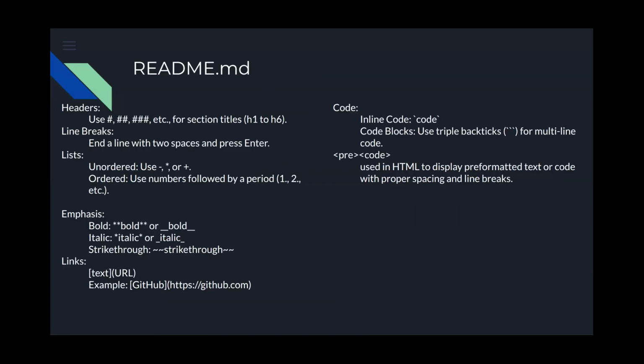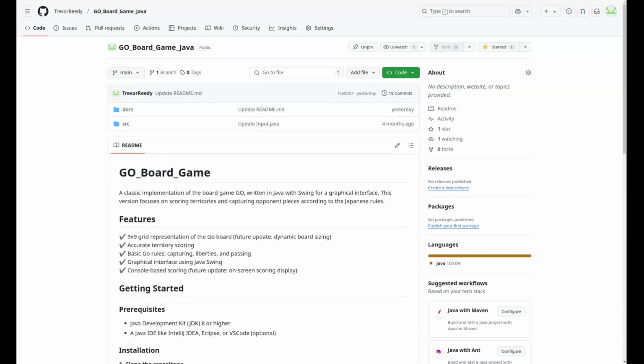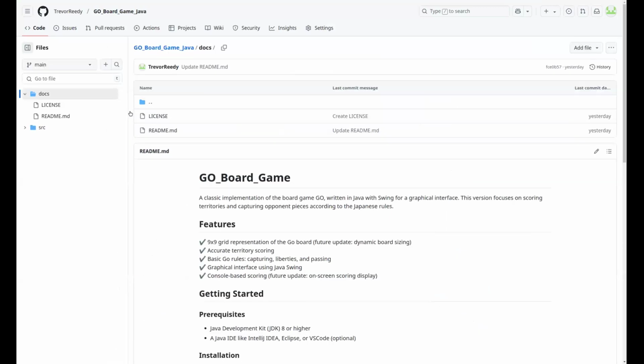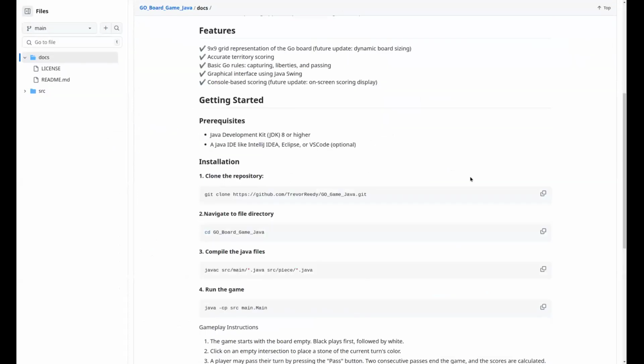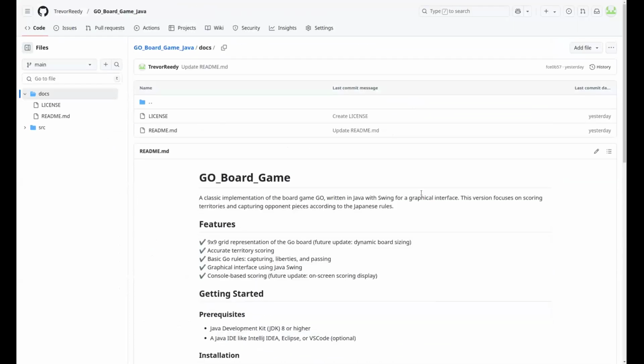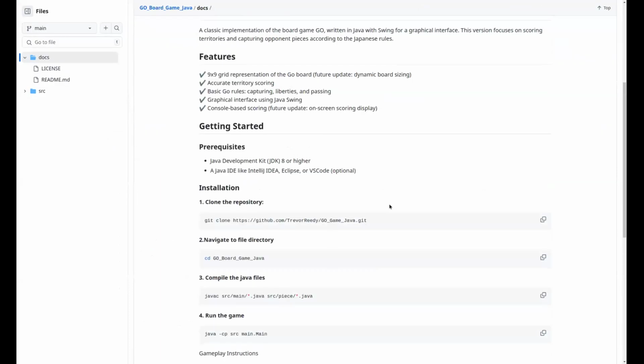And then one of the last things here that I did want to touch on was the README file. This is something that I think a lot of people miss out on. A README file is going to be a .md file type, a GitHub markup language. There's a lot of things you can do in here to style your project and give it a sense that you really wanted to present it well.